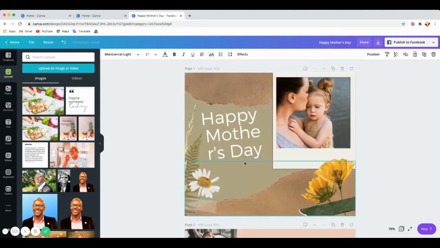And so once you are happy with your design, the main thing now is to save it. So you can even post straight away. If you've connected your Facebook to Canva, you can post it straight to your Facebook page, because we selected Facebook. If it's Instagram, it will do the same as well. But for this one, I'm going to save it into my desktop or into my folder. So what I'll do, I will